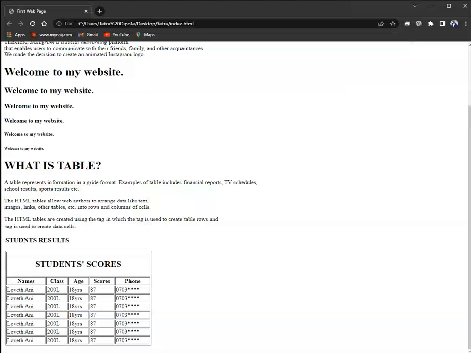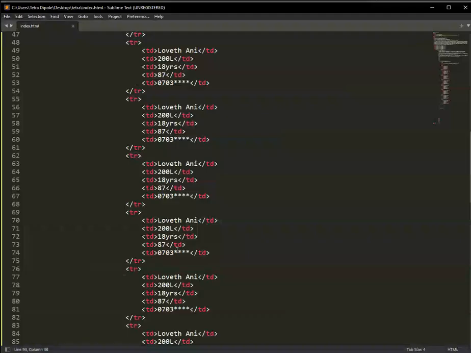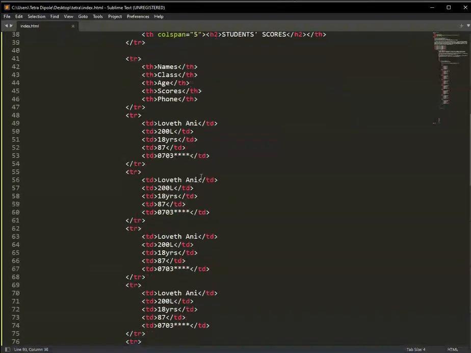You can change the data you have on the inside, change the name, call it school, it's in 200 level, it's 20 years, and it's 56, and phone number is 09123, and then